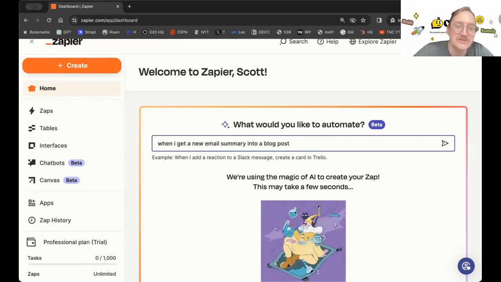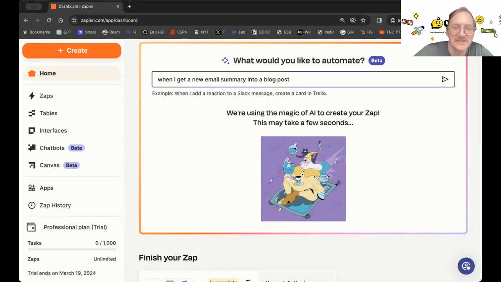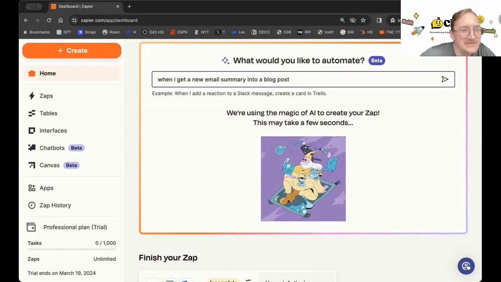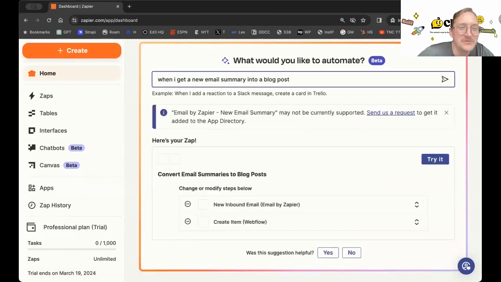So first I'll just kind of show you how you do it with AI and sort of how that works. And then I'll go in and show you how you can kind of create these if you know exactly what you're doing. So we'll give it a second here to try to create it. Obviously, the more specific you are, the more successful this will be. So we'll see how long their AI power takes. And if you have questions, go ahead and drop them in. All right. So Joseph, you mentioned using Zapier. While this is kind of loading, tell us a little bit about how you use it with your podcast.